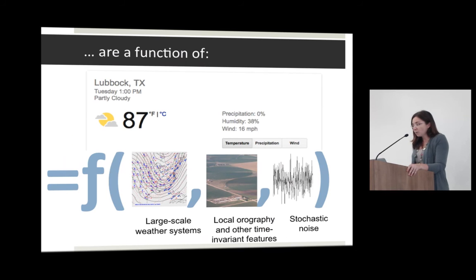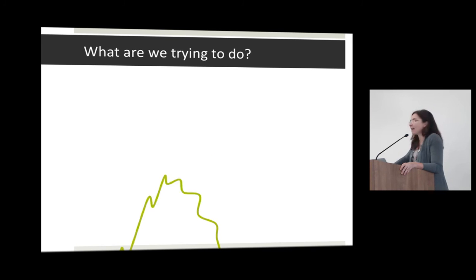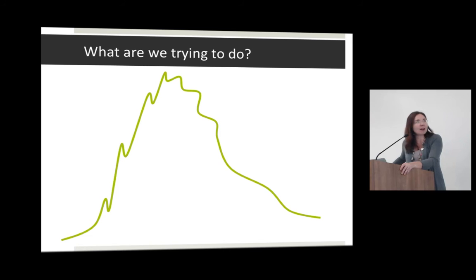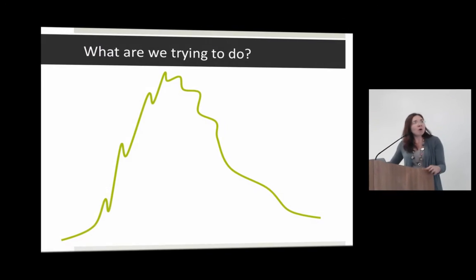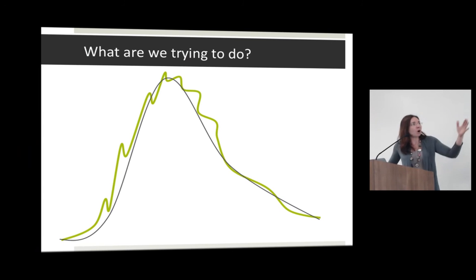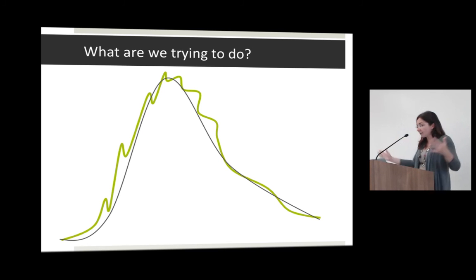What are we trying to do? We're trying to take, typically, a distribution, which can look a little bit squiggly and messy because it's based on a limited sample of observations, and we're trying to, in some intelligent way, fit to that distribution. That's basically, in a nutshell, what a statistical model does. Now, you don't want to overfit, because if you overfit, you're accounting for errors in the observations, possibly. Or you're accounting for events that aren't actually that common because we're undersampling, we don't have long enough data.